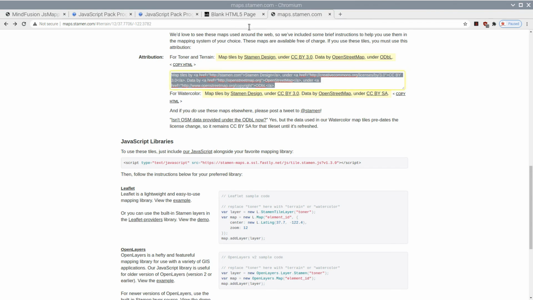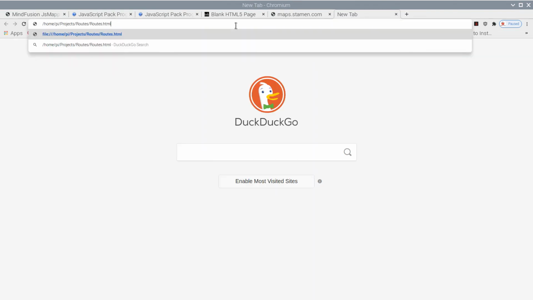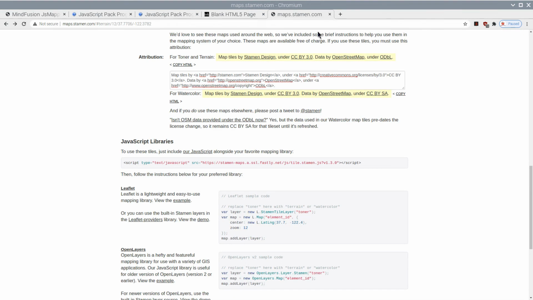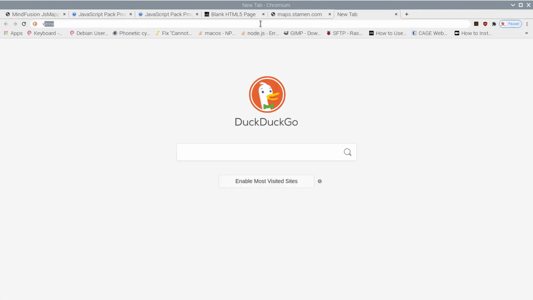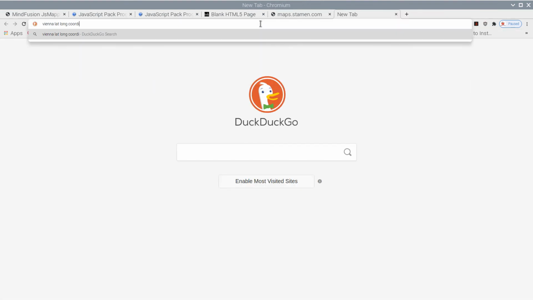In order to work correctly, the map view requires an initial coordinate to load. Let's see the location of Vienna, the capital of Austria, and load it.